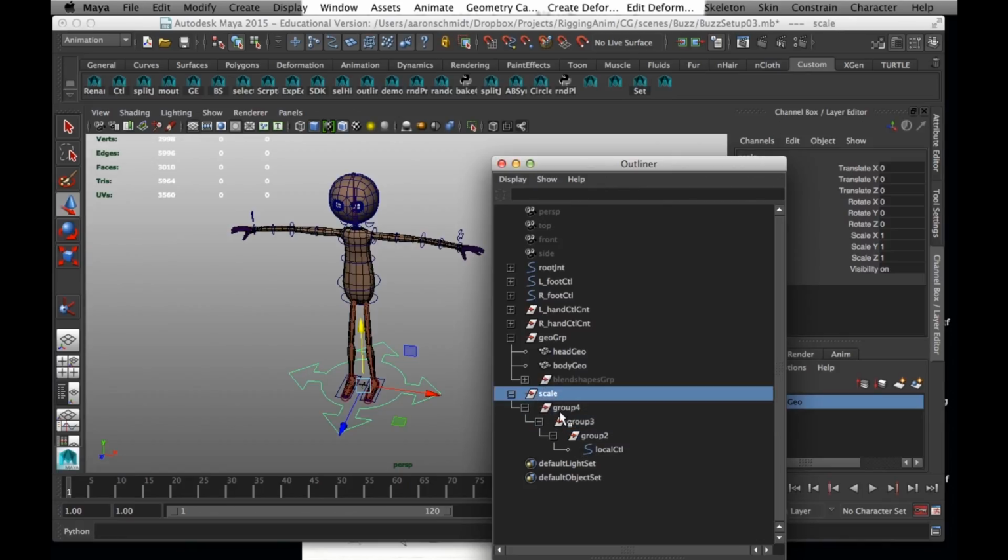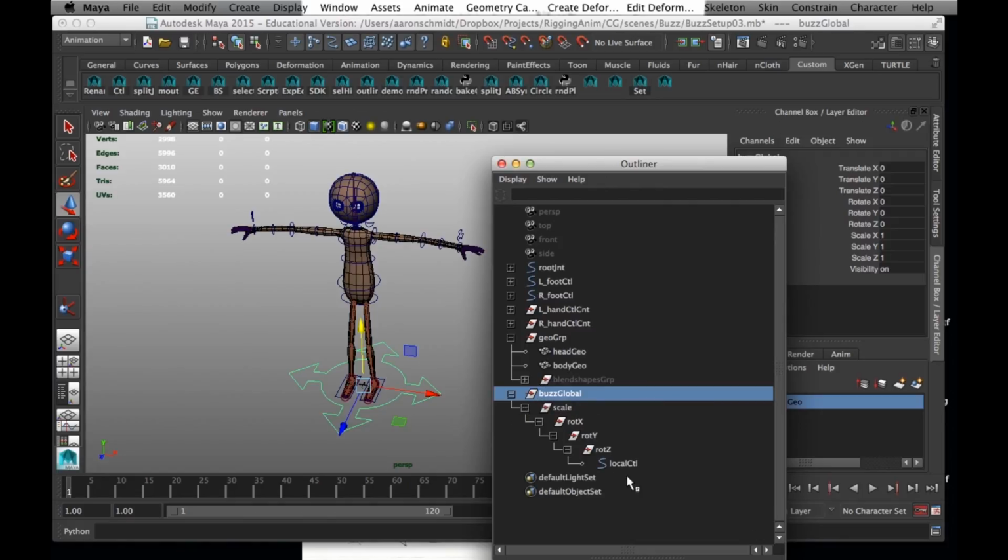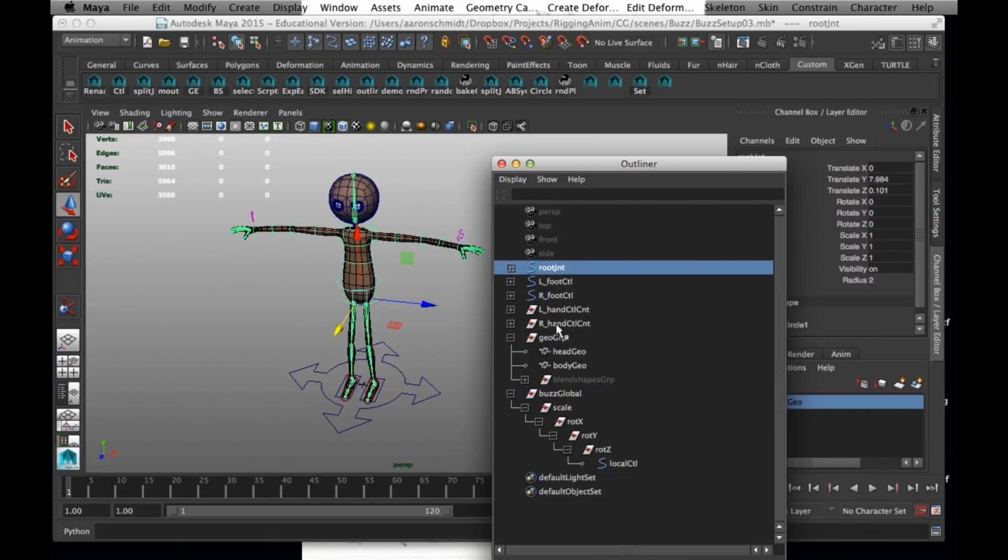So scale, rotate X, rotate Y, rotate Z. Alright, and I'll group one more time. I'm going to call this Buzz, and if you want to call it a different name, Buzz Global. Right there. Okay. And now I'm going to take my root control,